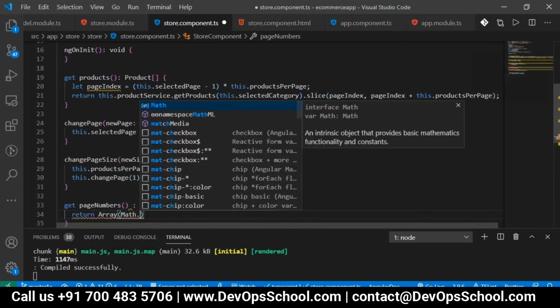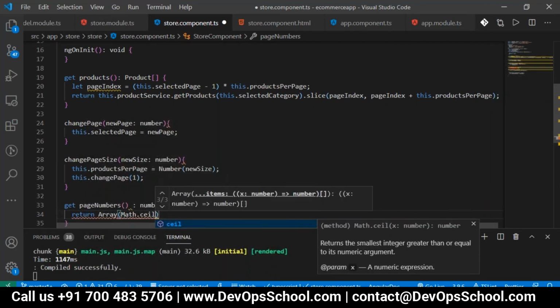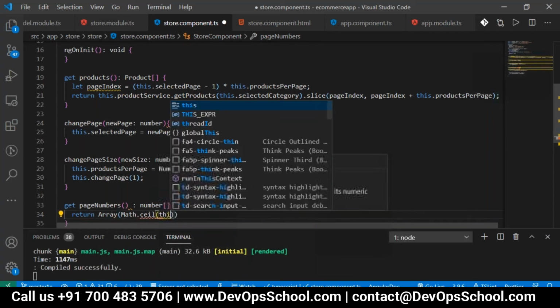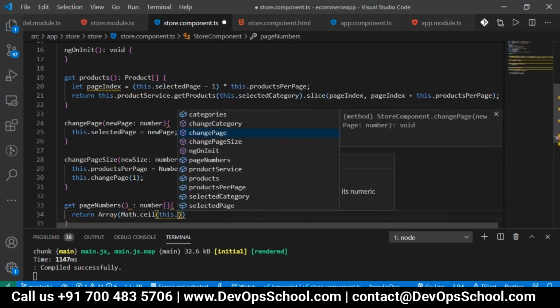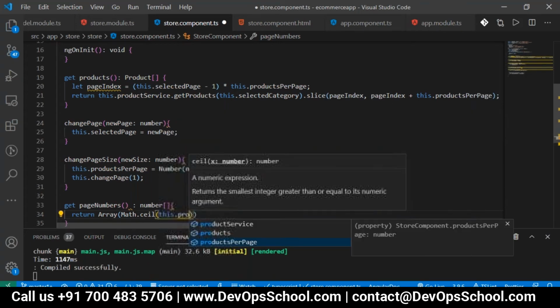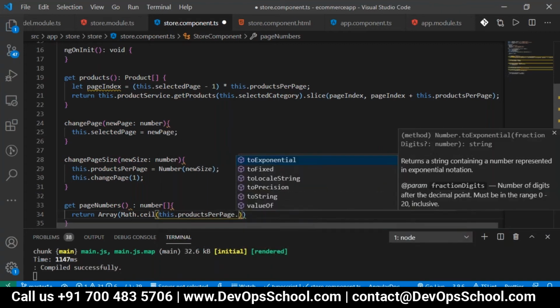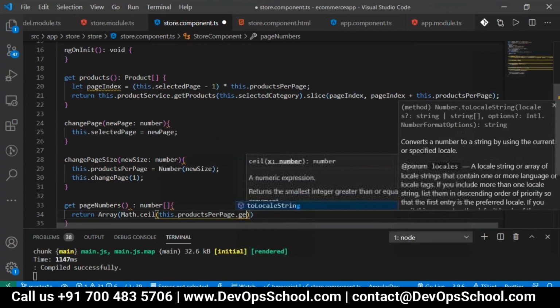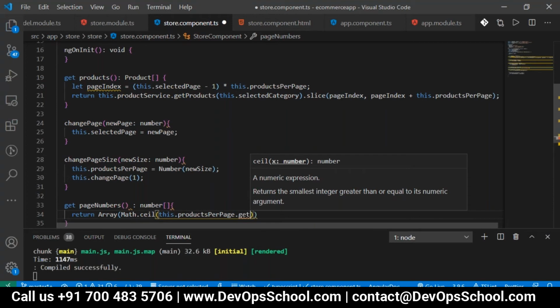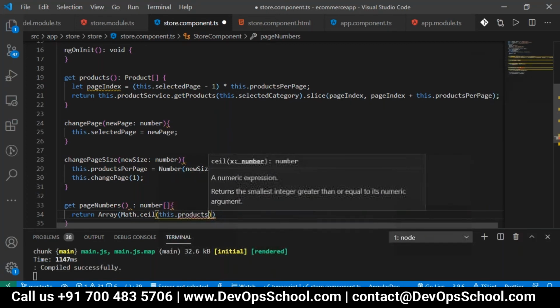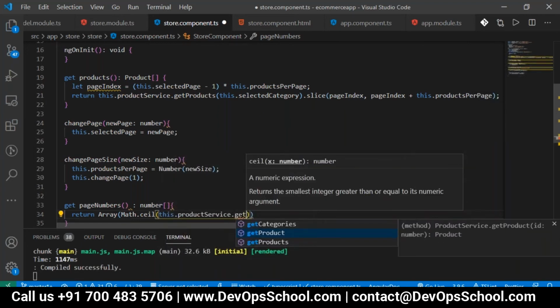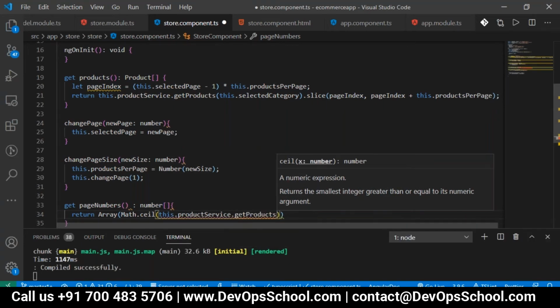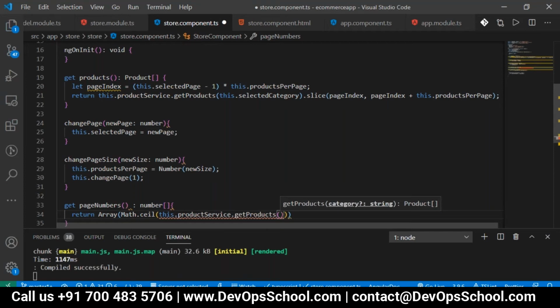For that I'm using the Math.ceil method, so it will be converted to the next number. Then this.service, which is the product service, dot getProducts, based on the category, because for each category, if more products are there, we should get them.